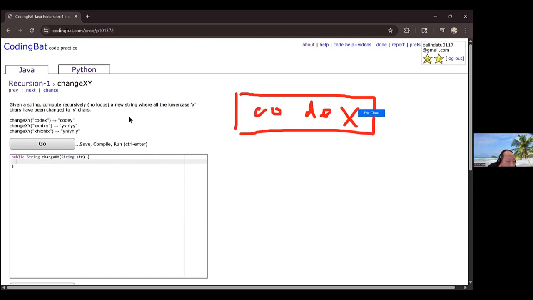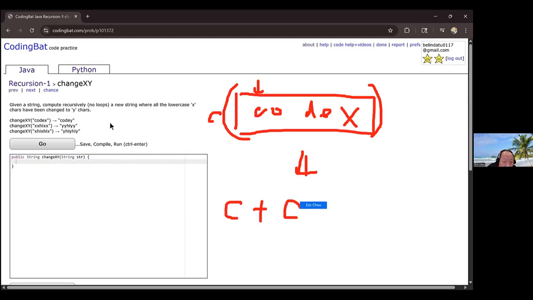Let's assume that this one is called change. So you change this one. Okay, the first one is actually, let's assume that you work on this later. So it's not actually X or Y, so you keep it and you continue to call